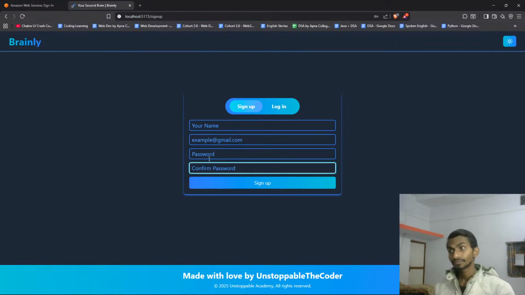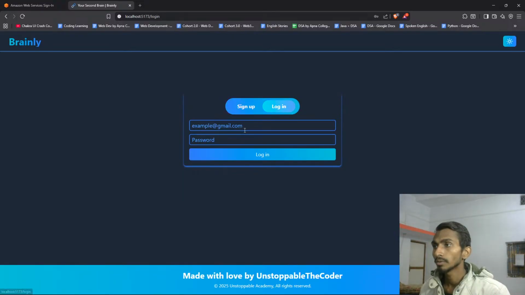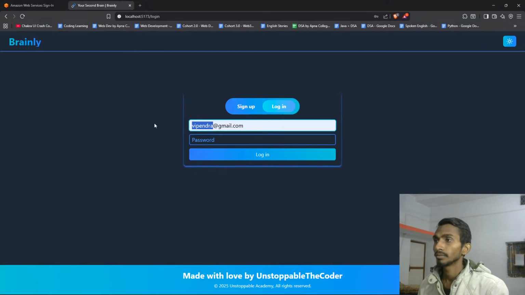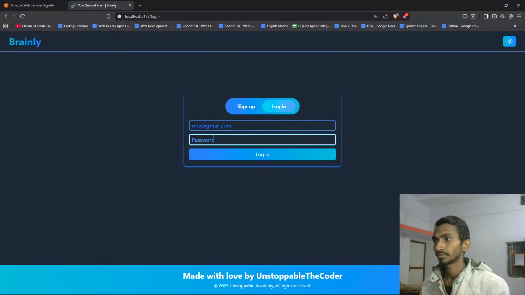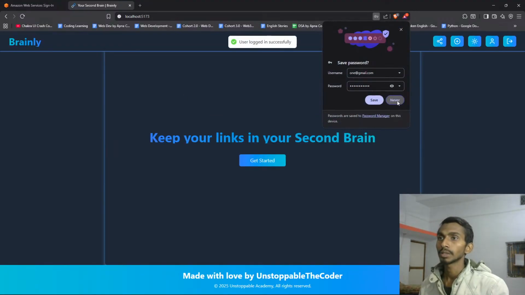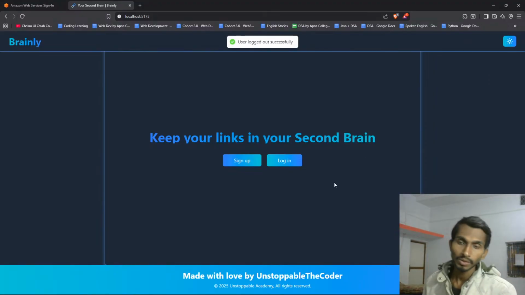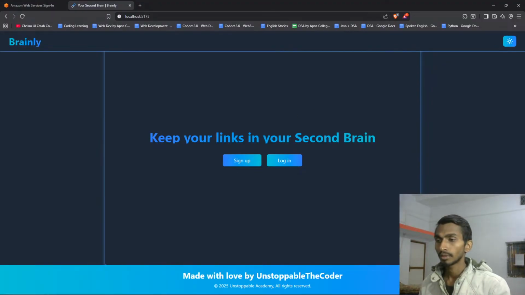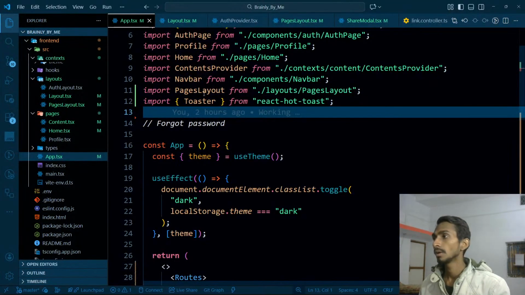Now what is this issue? Confirm password is required. Let's go back to the auth page. Login works, at least. One, password 1 2 3 4. Yeah, I'm able to log in. I'm not able to sign up. Interesting. Let's try to sign up now. Auth provider, auth page,